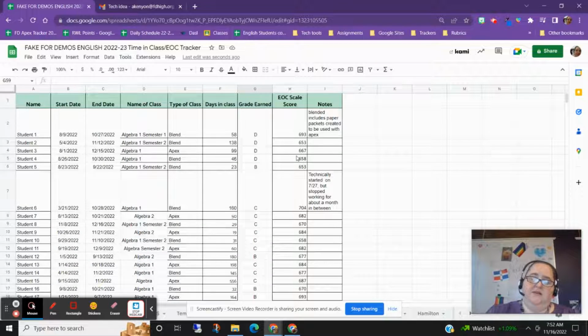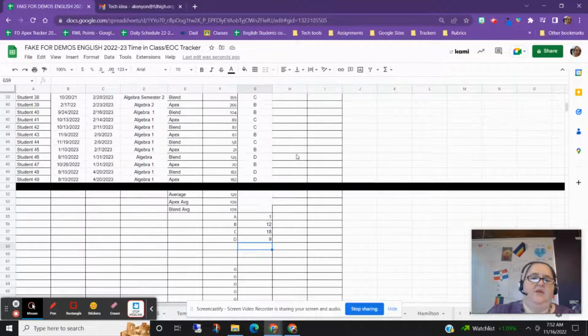Anyway, I hope this helps. Next time, I will have a bunch more data filled in, and we'll look at some charts that you could do. I'm going to be doing the same formulas. So for me, I feel like average if and count if are going to give me a good range of data. But if there's another formula that some of you math teachers would like to know how to use, or you think would be helpful, please let me know, and I will make sure to share that next time when we're talking about